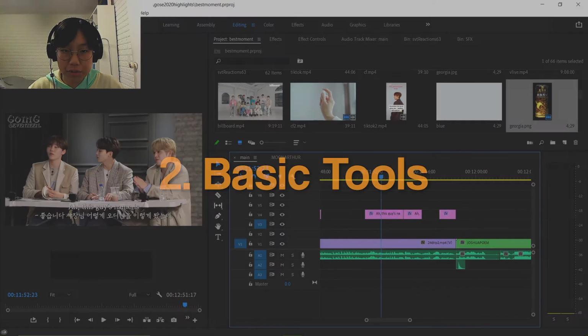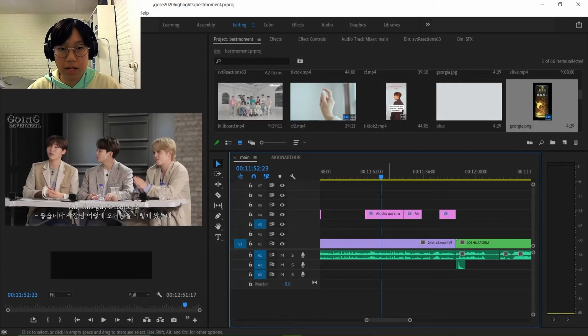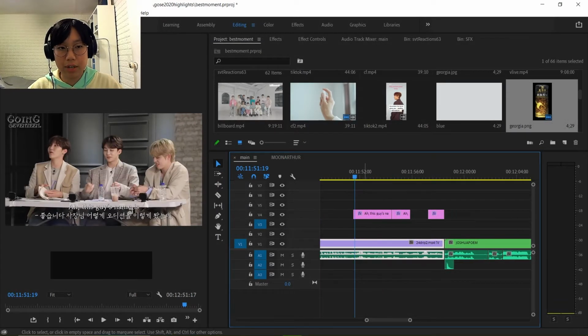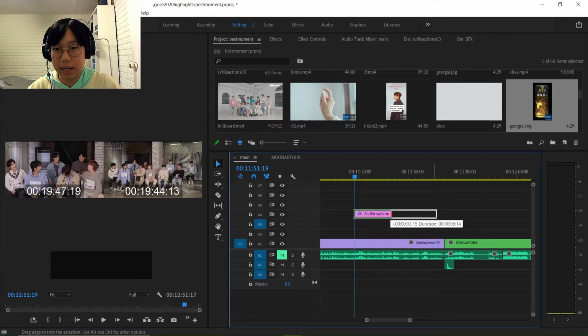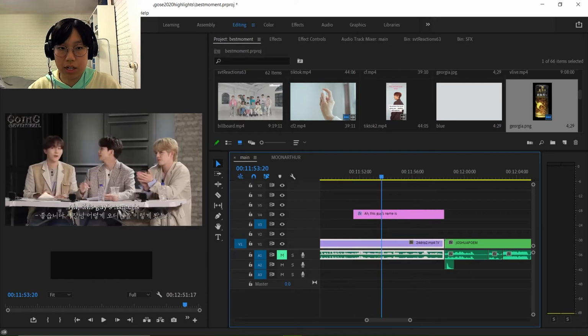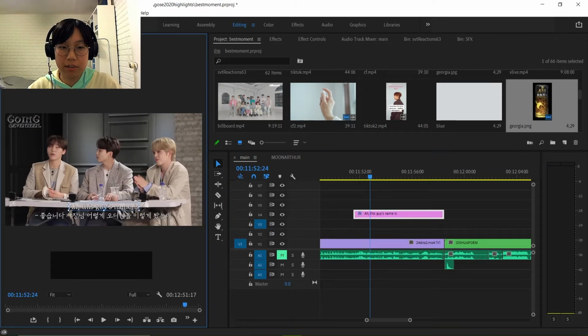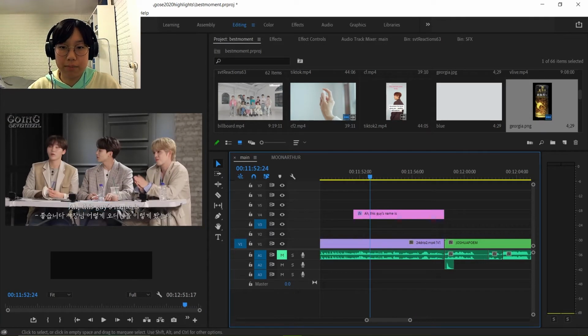Now let's talk about basic tools over here. Now in terms of basic tools, I basically only use 5. Let's say that we're trying to set up some subtitles. Let me erase my progress right here and pretend I hadn't finished cutting up this subtitle track yet. I've got this one subtitle right here, but I'm trying to cut it up into pieces so that I can edit it for each time it changes. I'll show you what shortcuts I hit while I'm doing this.